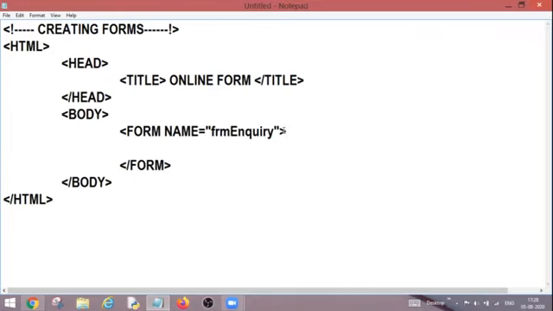So this is the way to write any name of the form. And this method of writing the name is known as camel case naming convention. This is my camel case notation. And why am I calling it camel case notation? Because my first word of the name is completely written in the small letters and rest of the words are written in capitalized form. So let's create the login page. So my form name is login page. And do remember, this is the name which is going to be used by the processing page.